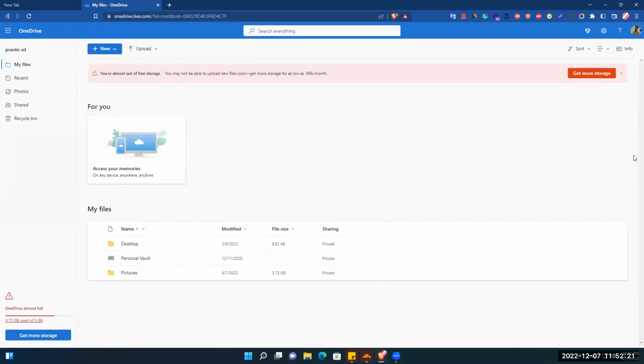Okay, so it's showing me that you are almost out of free storage. Oh, I have so many pictures. I think it's synced up automatically. Anyway, this is like Google Drive, another one.